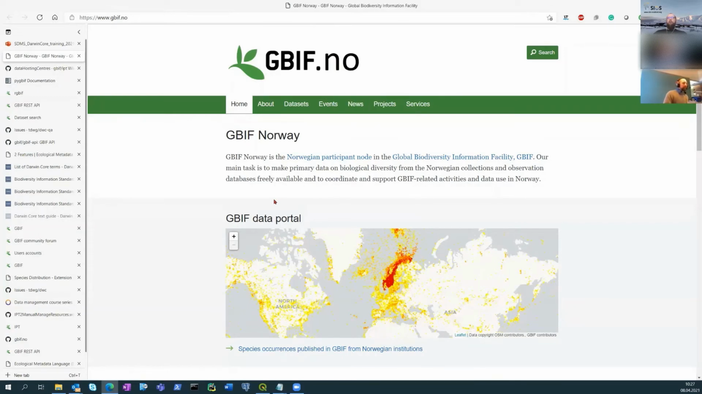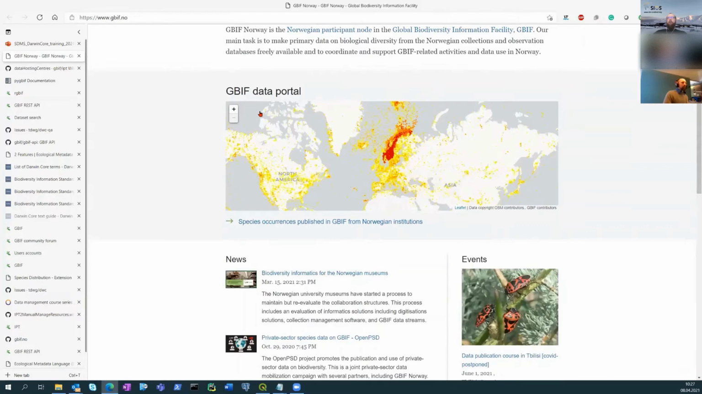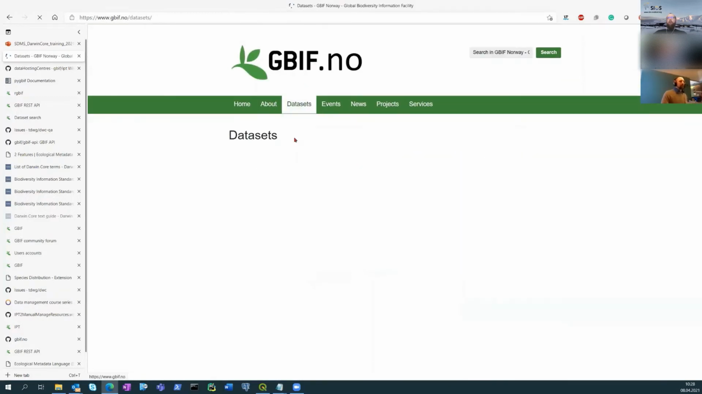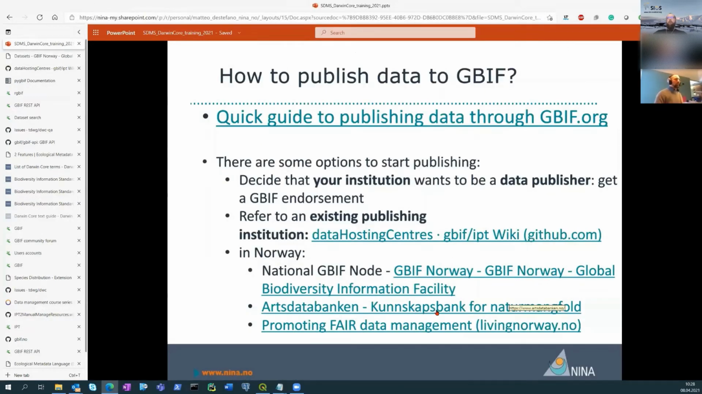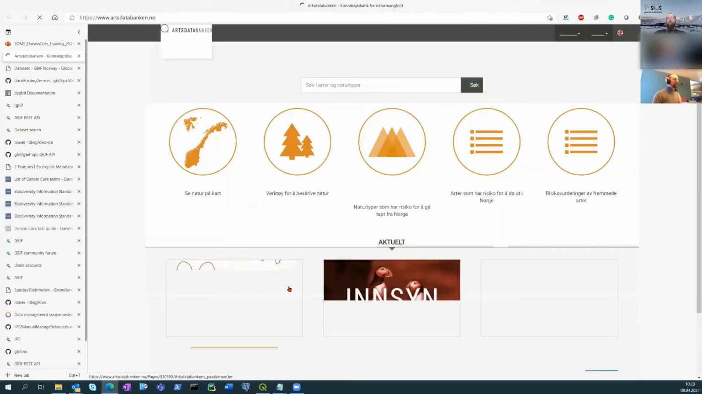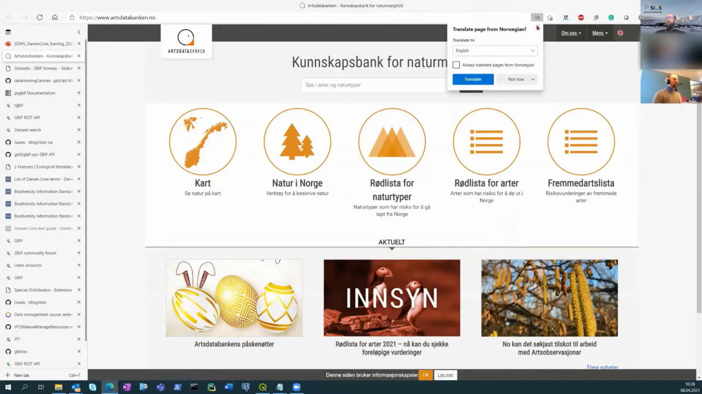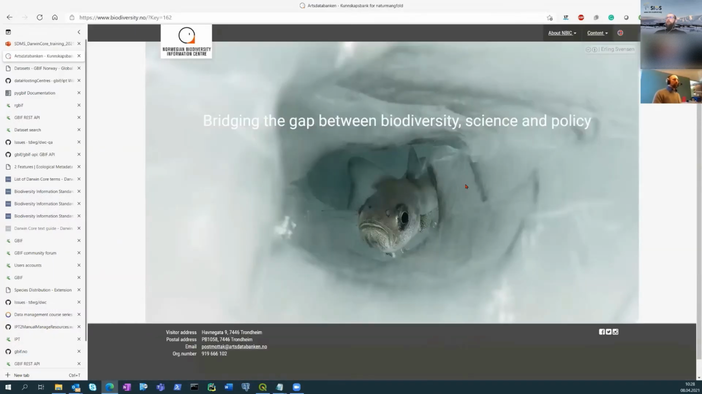And yeah, you can also have a subset here of datasets which are in Norway. So everything is locally oriented here. Or another institution which is relevant and sharing information to GBIF because it's their mandate is the Artsdatabanken, the Norwegian Biodiversity Information Center. So they have this role of sharing biodiversity information in Norway, and they also have an